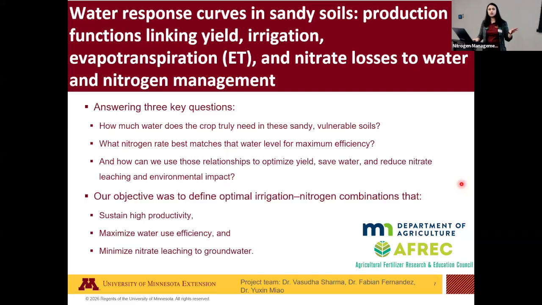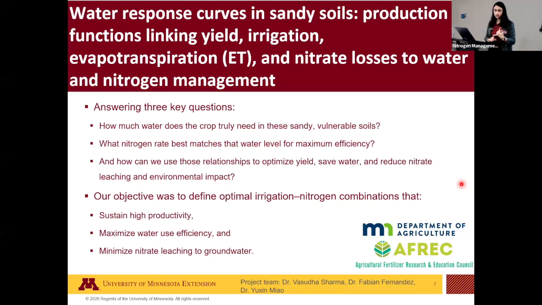So the first research project, where I'll spend most of my time, I call it the I by N study, but basically it is to gather some fundamental data that was missing in Minnesota to look at what is the optimum irrigation or water that my crop needs. So this is for corn, and that's our starting point. We are going into other crops as well with a similar kind of approach, but this study was answering three